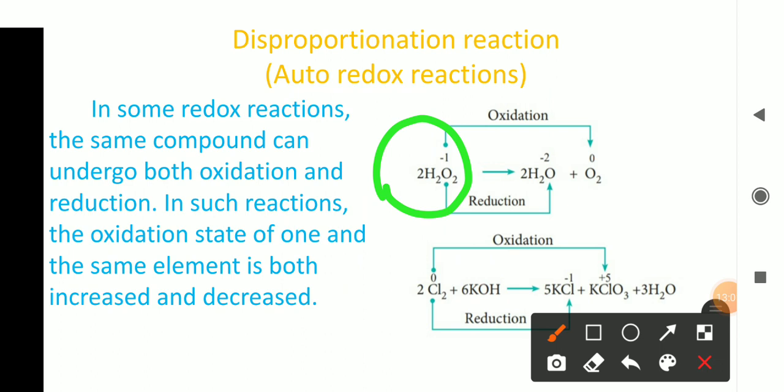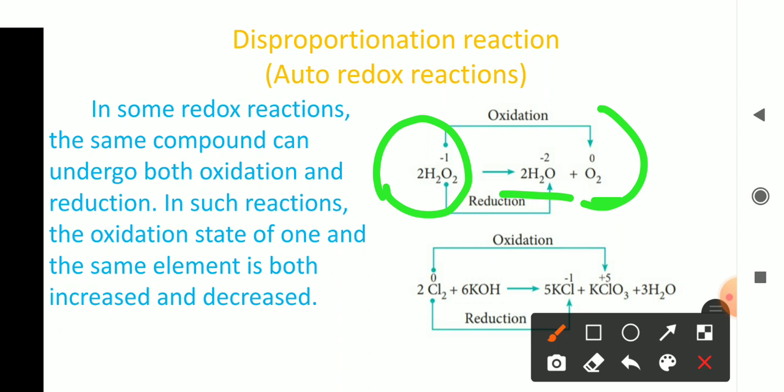In the hydrogen peroxide, the charge of oxygen is -1. It is given there itself. Okay, on decomposition, it is converted into water molecule H2O and oxygen O2. In the water molecule, the charge of oxygen is -2, whereas in the molecular oxygen, its charge is 0. Okay, so in this reaction, both the oxidized and reduced species is oxygen. So the same element is oxidized as well as reduced. Such kind of reactions are called disproportionation reactions, or auto-redox reactions.